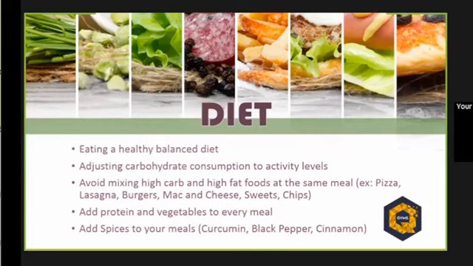Now, I want to make a clear point here. I'm not saying you should take curcumin as the magic drug that will make you lose fat and improve inflammation, all those bigger claims. It's helpful. It's a spice. It's like the spice of your life, right? It's just the cherry on top. It helps, but it's not the end all be all.